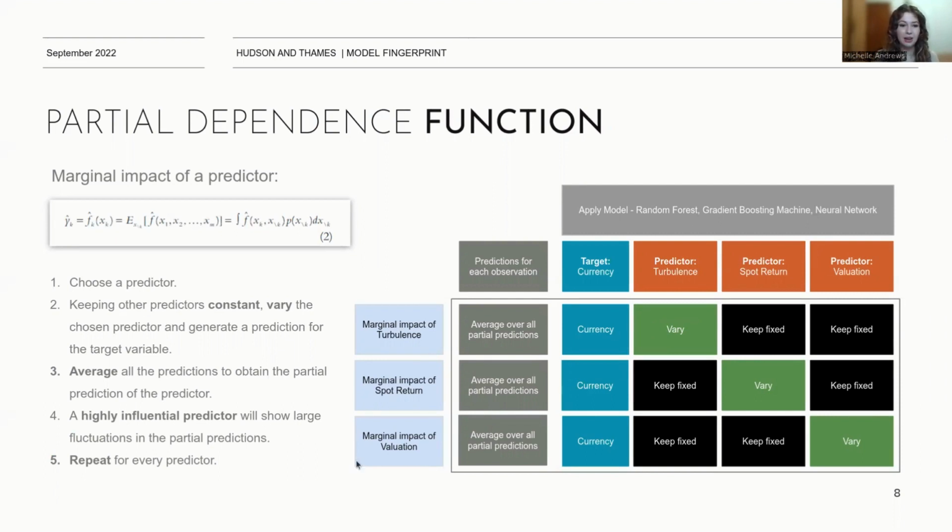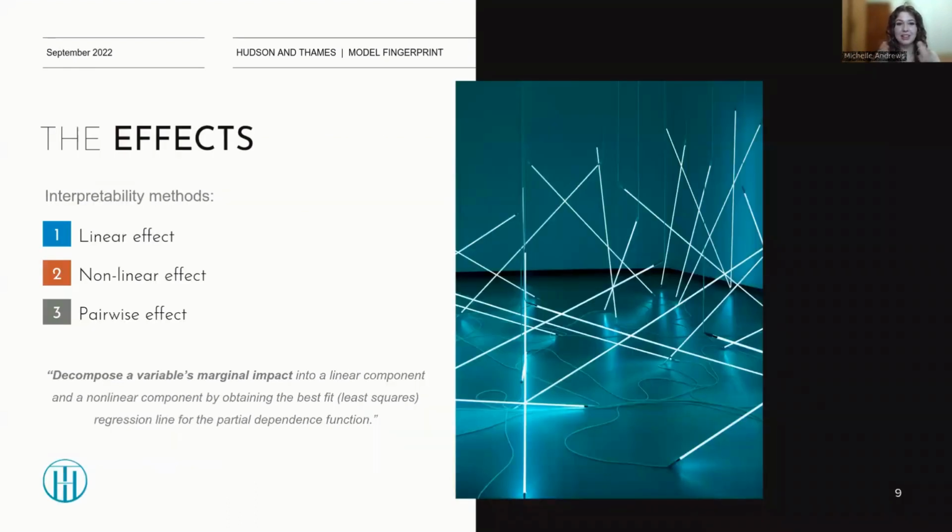And as I said here in this last step, you can just apply this logic to each of your predictors. And this is how you will gain the marginal impact of turbulence, spot return, and then lastly, the valuation. Okay, and again, as I said, we are going to decompose this partial dependence function into a linear effect and non-linear effect. And then we will come back to this partial dependence function and I'll show you how you can decompose it into a pairwise interaction effect as well for more than one variable. So this is basically what we're going to do now. And I'm going to start with the linear effect, then I'll show you the non-linear effect and then the pairwise